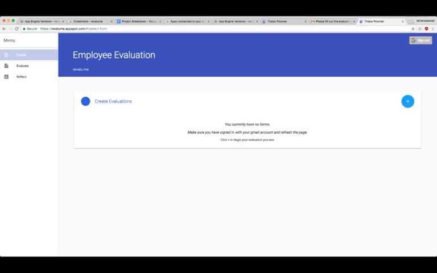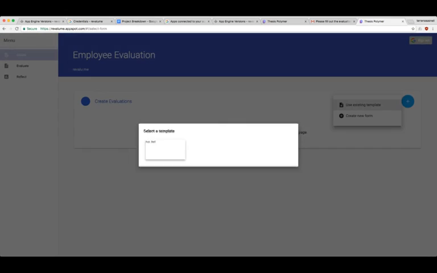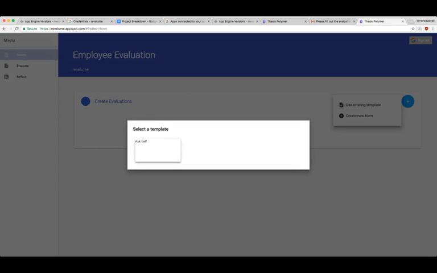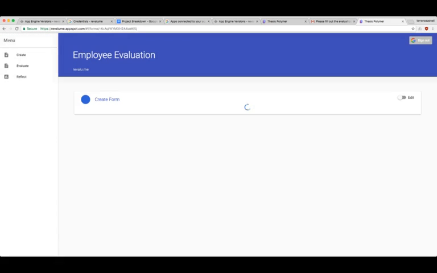Currently I deleted everything from the database, so we have nothing here. The way you want to go about it is to create a form for ourselves, for our peers to grade us, and for our mentors to grade us. The first step, you click this plus button. There are two choices here. You can either use an existing template or create a new form, starting from scratch. Using an existing template, right now there's only one, but if we take a look at this, this is a